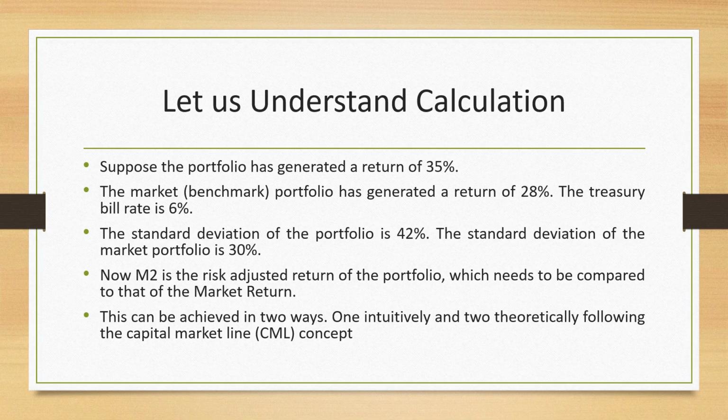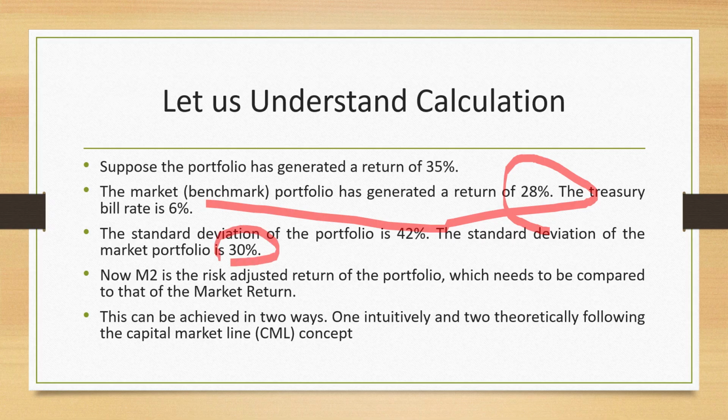So let us think of a situation where the market portfolio has generated a return of 28%. Treasury bill rate is 8%. The standard deviation of the portfolio is 42%, which is what we need to know, while the market portfolio has only a standard deviation of 30%. So compare 42% to 30% and you will easily realize that